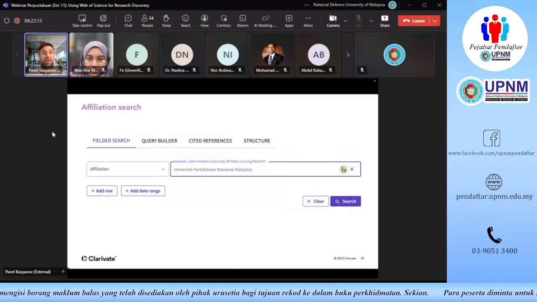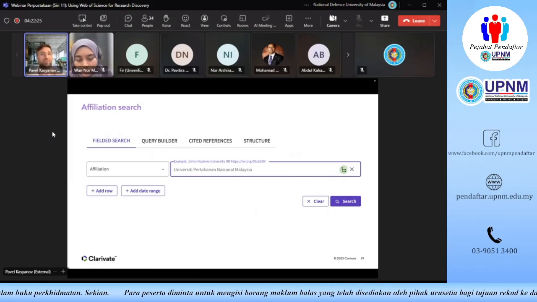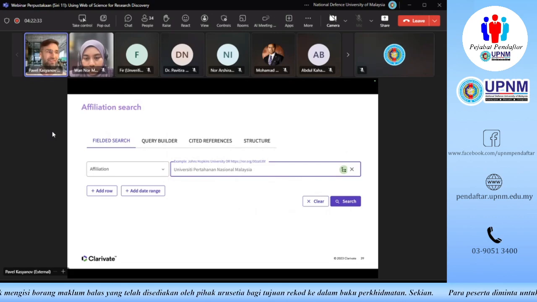So those were the use cases mostly related to discovery search. By discovery search, we normally mean that we run a topical search and we try to understand what's the most important in this subject area, who is working in this subject area, where to publish, what to read, and where to basically apply for funding. Is that all we can do with Web of Science?